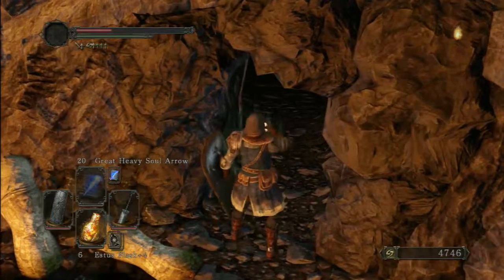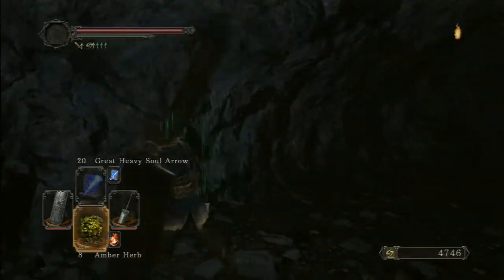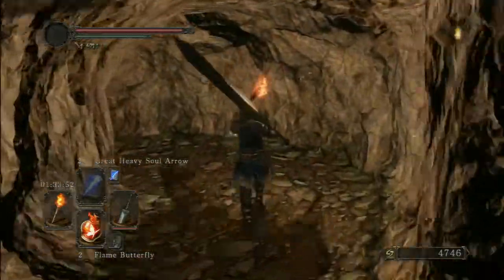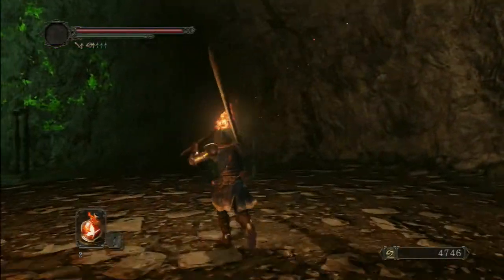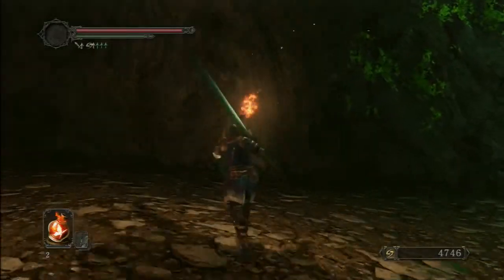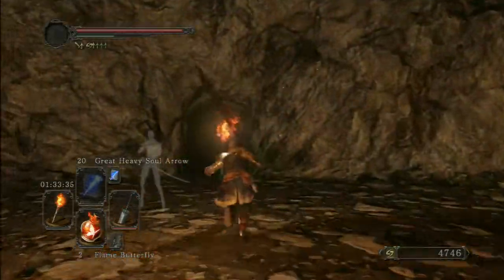And I'll just Estus. I don't need... I do need to do something else in this area, but I won't need anything for it. Let's just torch up. I just want to make sure that I don't miss him by accident, if he is here. No? Huh, I'll have to research this, because I'm sure that he's meant to be here, and I know I was meant to, because I have all the DLC, was meant to get...